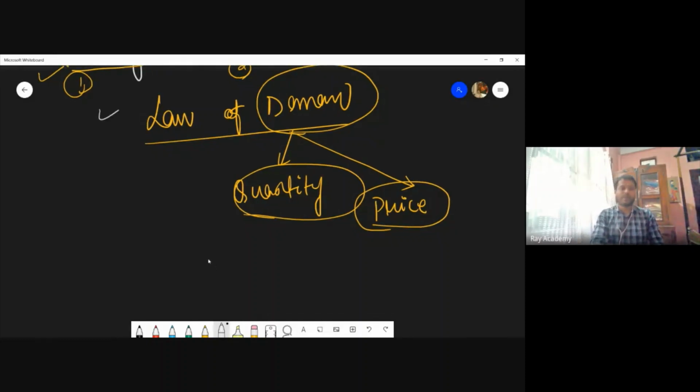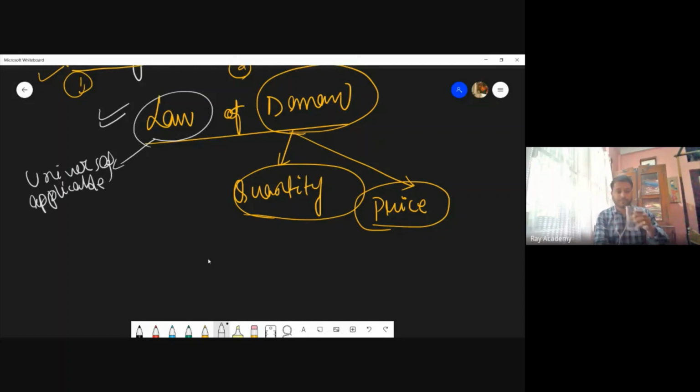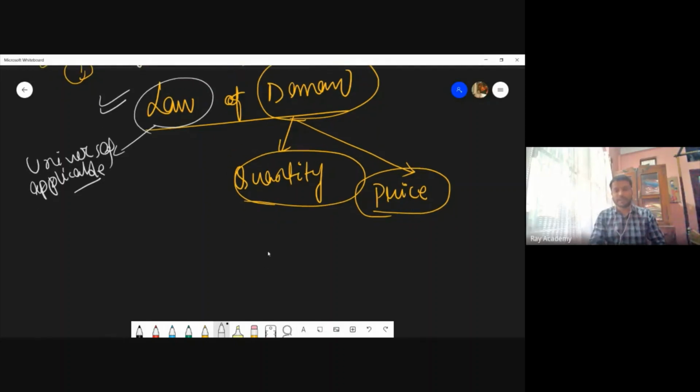So what is law of demand? Why is there a law? Because somehow it is universally applicable. You see, what do you mean by law of demand? Very simple. Law of demand means, I'm just writing in a shortcut, that when price of a product,